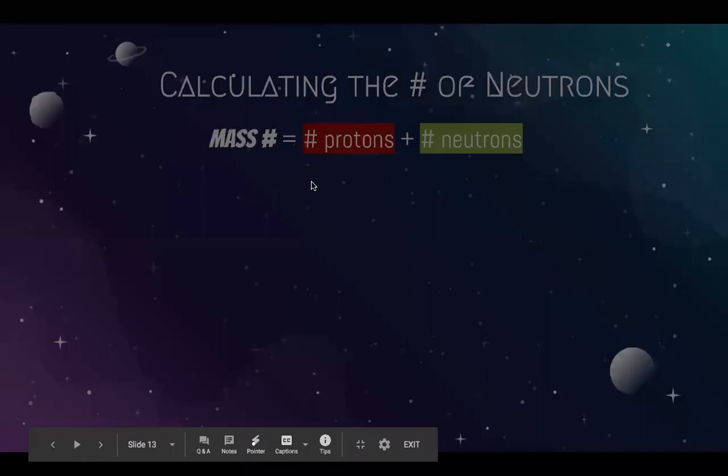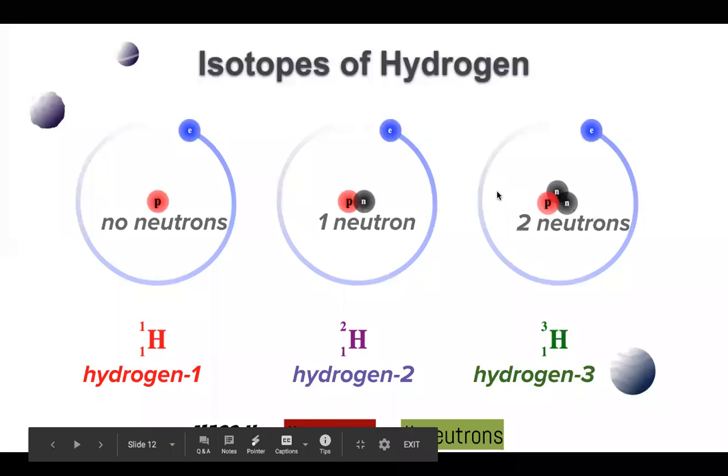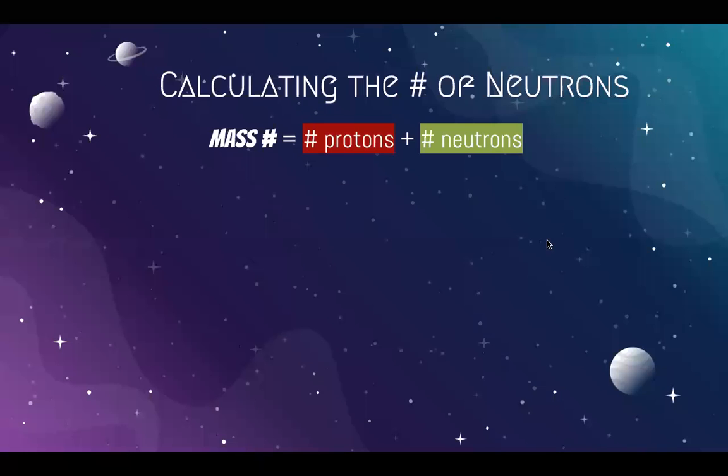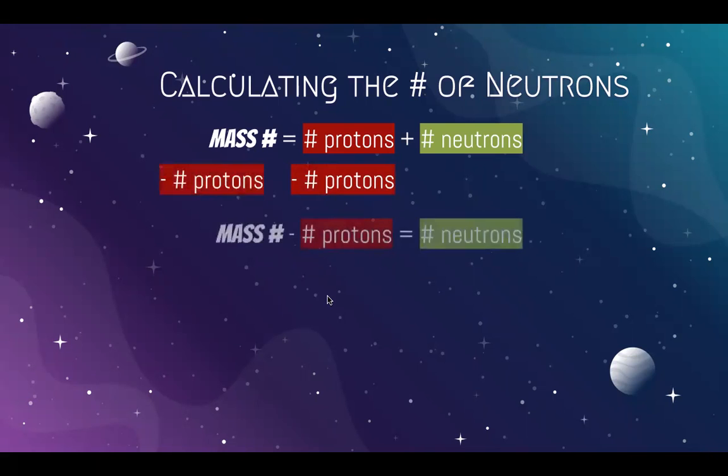So this was a fairly easy example, so we could just honestly count in our minds. But what if you're dealing with a heavier element that has a bunch of protons and a bunch of neutrons? You might need to calculate it doing the math way. So the math way, you would just use this formula. Mass number is equal to the number of protons plus the number of neutrons. So if you just subtract protons from both sides of the equation, you can solve for the number of neutrons and get that the mass number minus the number of protons equals the number of